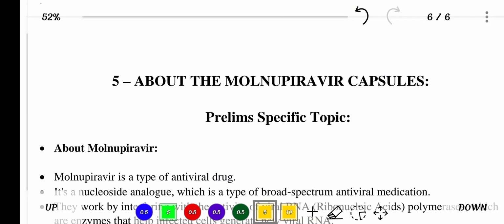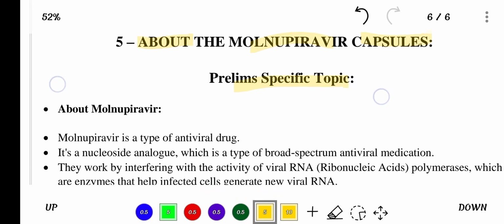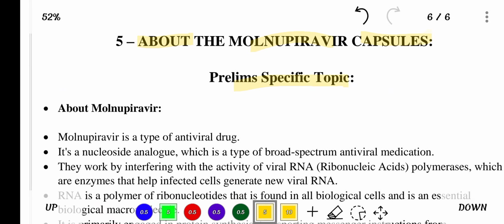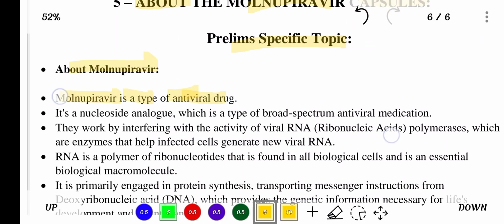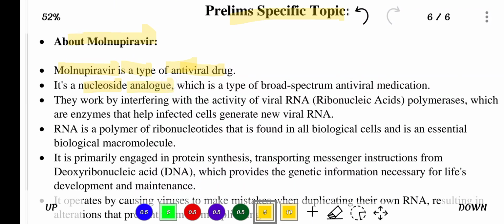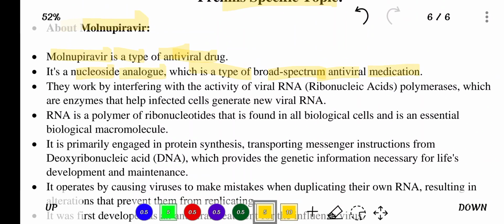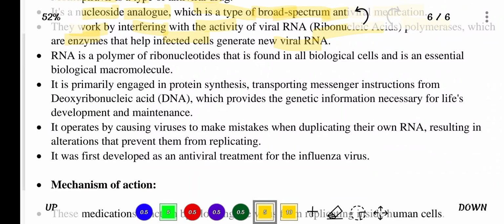So the next topic in news is about the Molnupiravir capsules. So it is a prelims specific topic. So about the Molnupiravir capsules. Molnupiravir is a type of antiviral drug. It is a nucleoside analog, which is a type of broad spectrum antiviral medication. They work by interfering with the activity of viral RNA, ribonucleic acids, polymerases, which are enzymes that help infected cells generate new viral RNA. RNA is a polymer